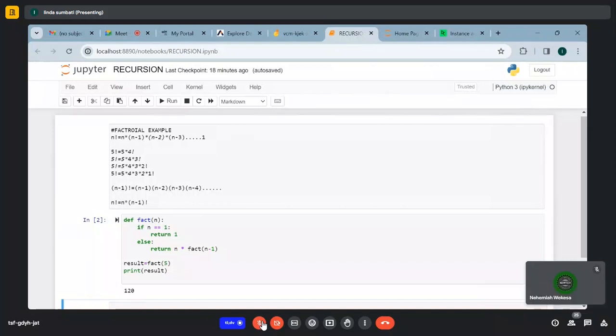So for 5 factorial, you can write 5 times 4 factorial, then times 3 factorial, times 2 factorial, times 1 factorial. I write it like this because when the computer is running a Python program, it cannot just go ahead and do 5 times 4 times 3 times 2 times 1. No, it will first look for 5 factorial. Then when it's looking for 5 factorial, it needs to know the factorial of 4, but even before it finishes,